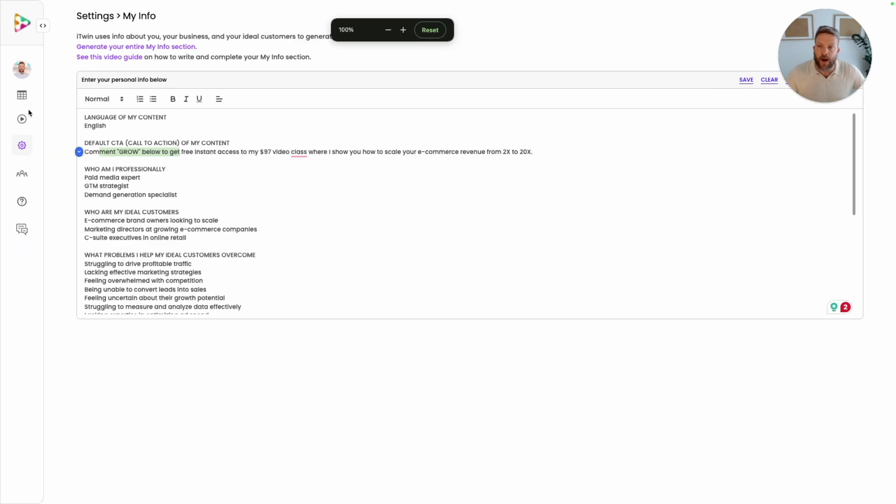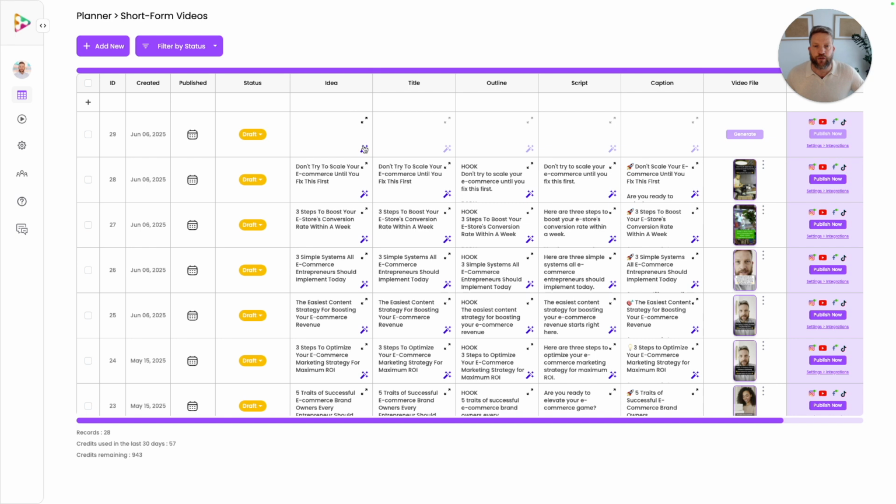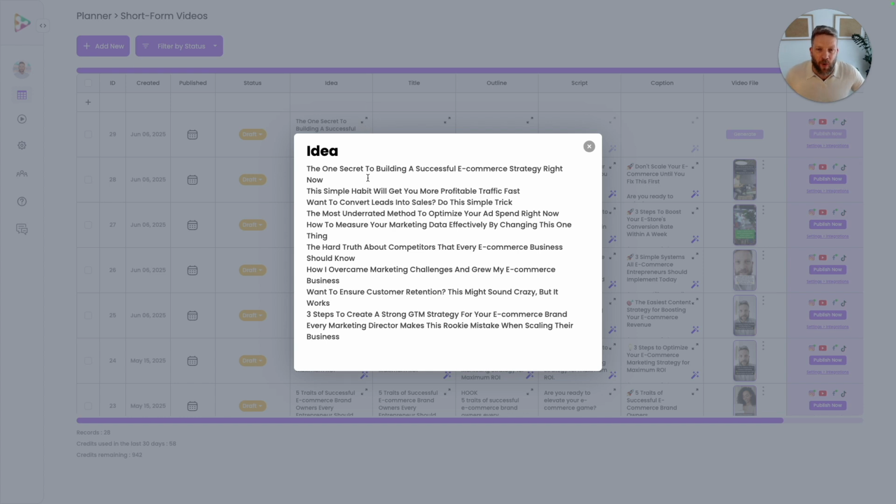And then how this matters and why this matters is every time, for example, you generate an idea, like I'll show you right now here, itwin actually takes this information from your content DNA, from My Info, pairs it with the best performing content templates, goes to ChatGPT, and then ChatGPT basically returns this back. The one secret to building a successful e-commerce strategy right now. So in this demo account, for example, my ideal customers are e-commerce brands, e-commerce companies, and you see here the hard truth about competitors that every e-commerce business should know, right? 3 steps to, and so forth. So you can easily create all of this